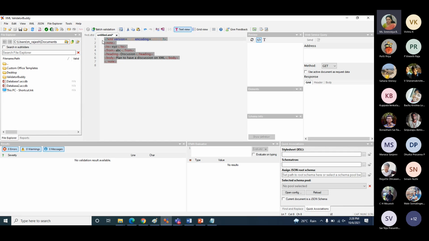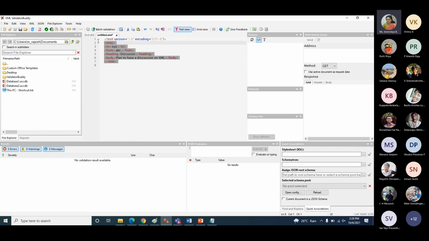You wanted to see whether this particular XML document follows this DTD or not. I've been asked to make an XML document whose root element is note. Four sub-elements are there: to, from, heading and body. I have given some content in them.